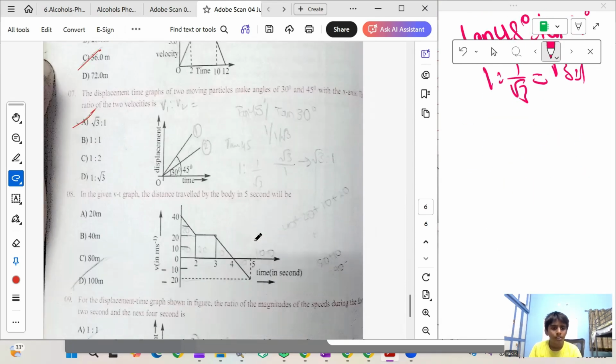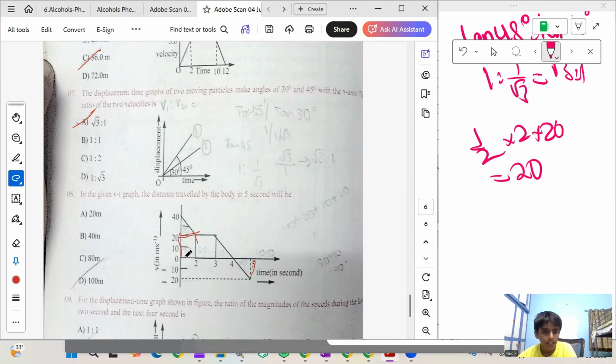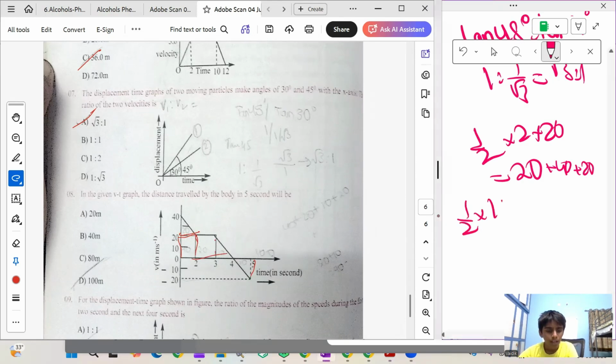In the given velocity time graph, the distance traveled by the body means we have to find the area till here. First, here this triangle. Half into base is 2 and height is 20 to 40 means 20. Here it is 20 and then down rectangle 20 into 2 plus 40 and again here one more rectangle 20 into 1 again 20 meters and here triangle half into base is 1 and height is 20 plus 10